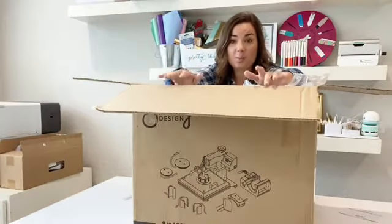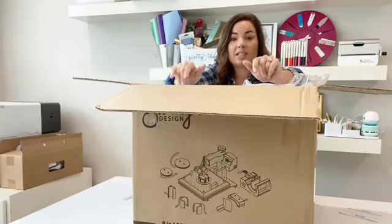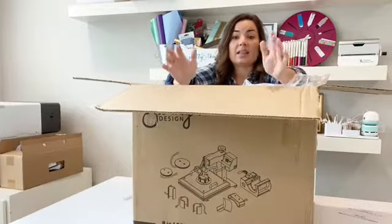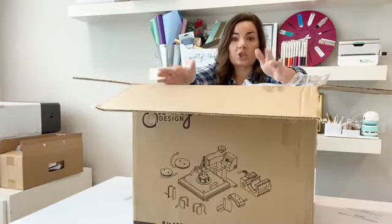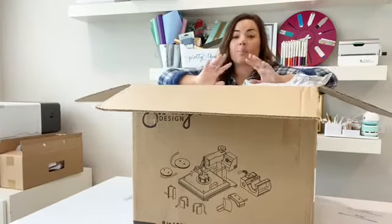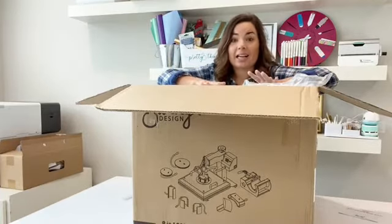If you get one of the cheaper ones on Amazon or other places that are less expensive, specifically from Amazon, you're not going to get the customer service aspect of that. It's very difficult to reach anyone, if you can ever. And so that's why I finally decided, aside from the fact that I need to consolidate and save space, because